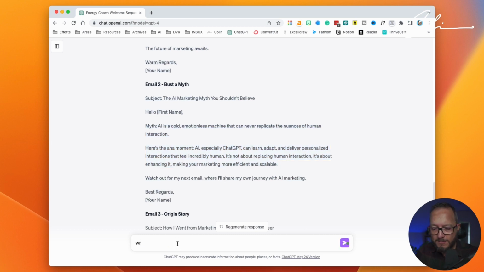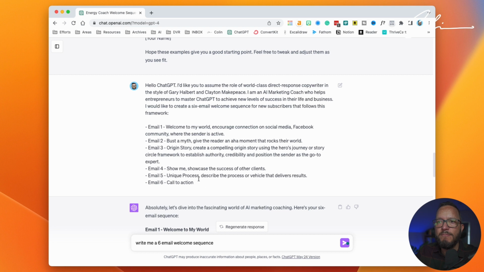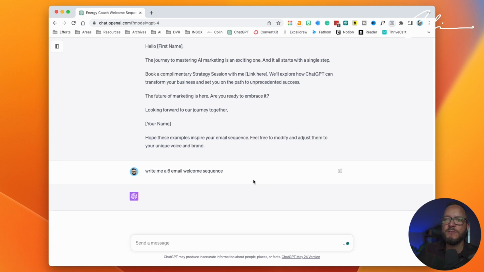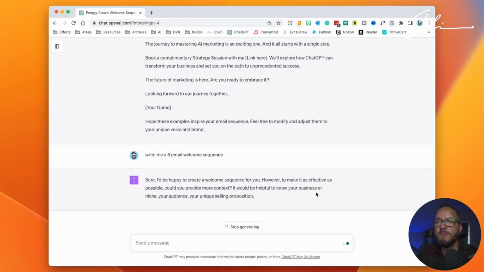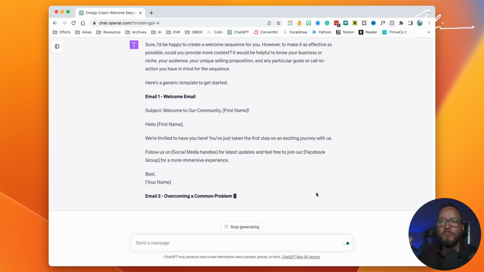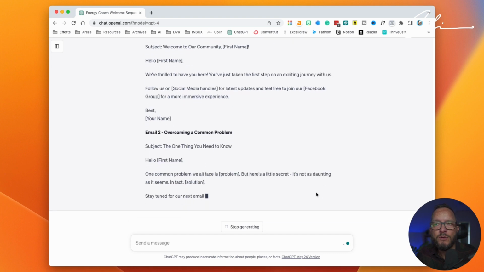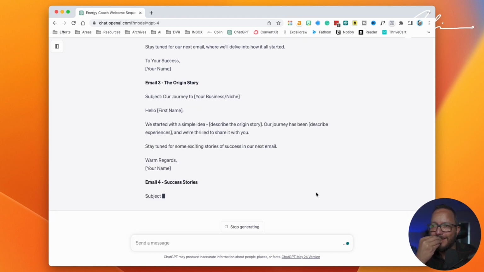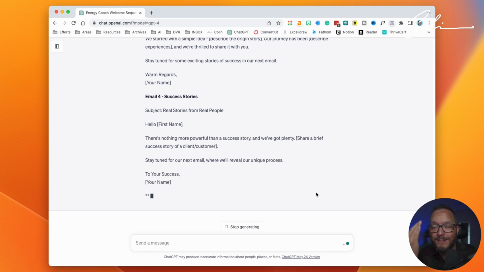This email sequence and the prompt for this is a great example. If we were to just jump into ChatGPT and say, write me a 6 email welcome sequence, as opposed to our engineered version, ChatGPT will write a 6 email welcome sequence, and there will be some golden nuggets in here. There will be some wonderful things that really are useful, but it's not going to be as specific to you.